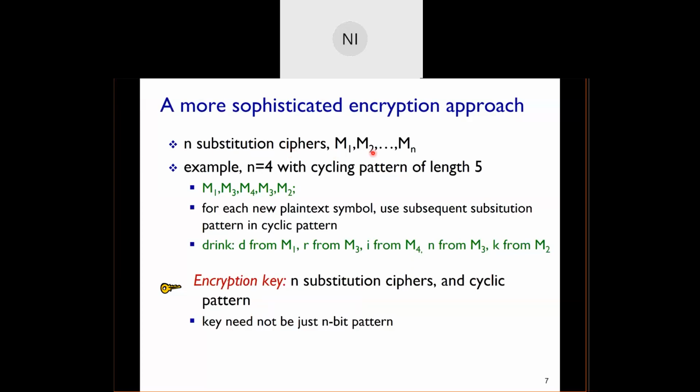So what you see here is there are n different ciphers that are used. For example, if you take n equal to 4, we are talking about using four different substitution patterns: M1, M2, M3, and M4. And also there's something called a cyclic pattern that is defined. For example, if you assume the cycle length is 5, that means, if you take the same English alphabet example, I'm talking about